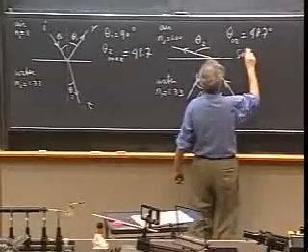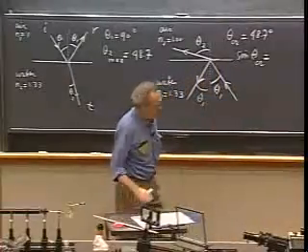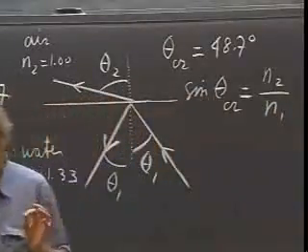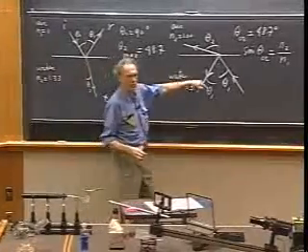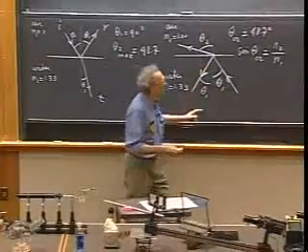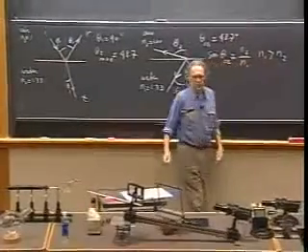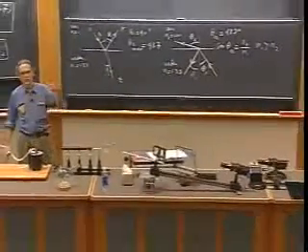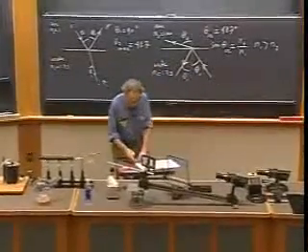And you'll find that the sine of the critical angle is N2 over N1. And it is only meaningful if N1 is larger than N2. There is no critical angle in this situation. There is only a critical angle that means total internal reflection if N1 is larger than N2. We say that as physicists, you have to go from an optically dense medium to an optically less dense medium. That is when you can have total reflection here at the surface.